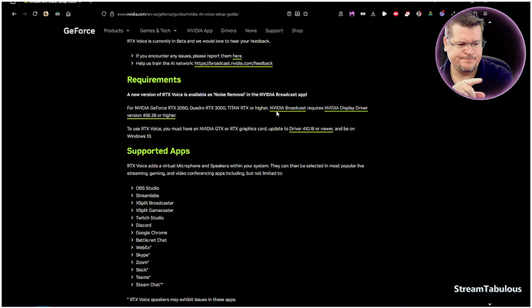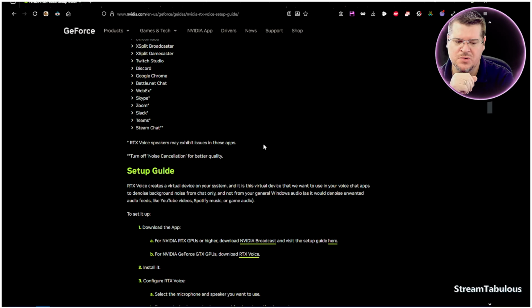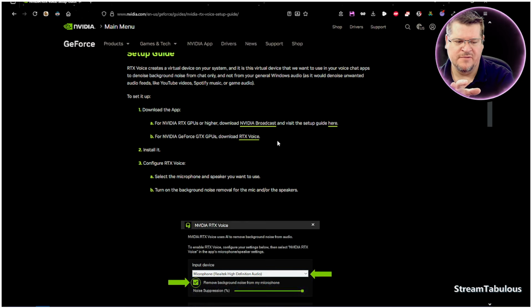I don't know if you guys heard it. It was very loud. So, NVIDIA Broadcast, NVIDIA drivers. It says here that you have to have this one or newer, so it's interesting, you'd think if they updated the RTX Voice, then these driver versions would have changed at some point. And we can see there's a higher version here, which is interesting. It's almost like they've updated this to work with the higher version, but they've never actually touched RTX Voice. I don't know. And I'll get to why I have that feeling. So you come down, it says Broadcast and how to set up, and it's designed to work with that, which, to me,